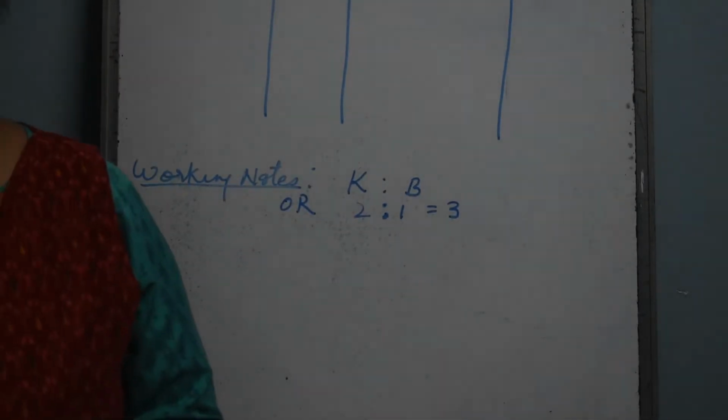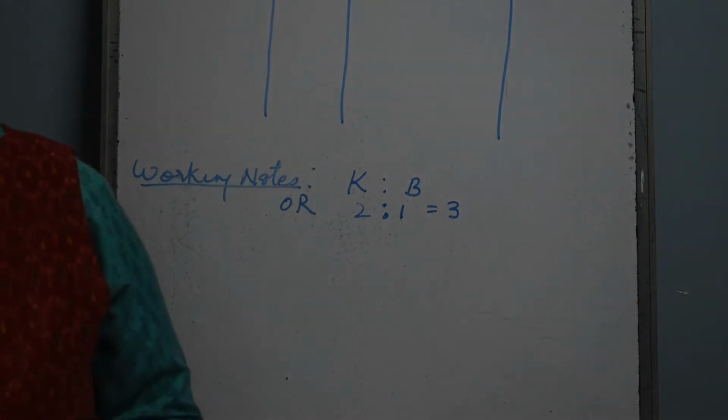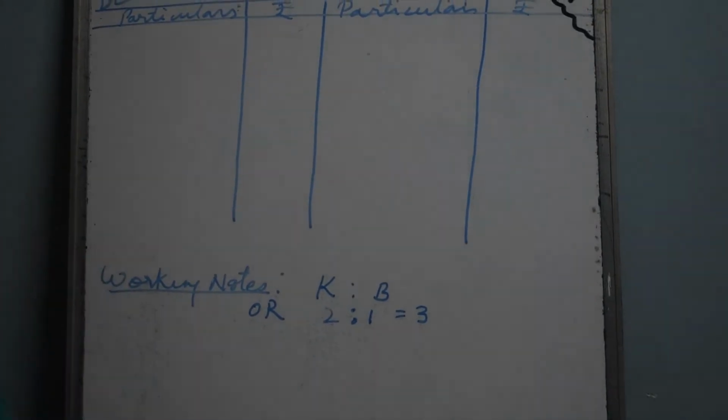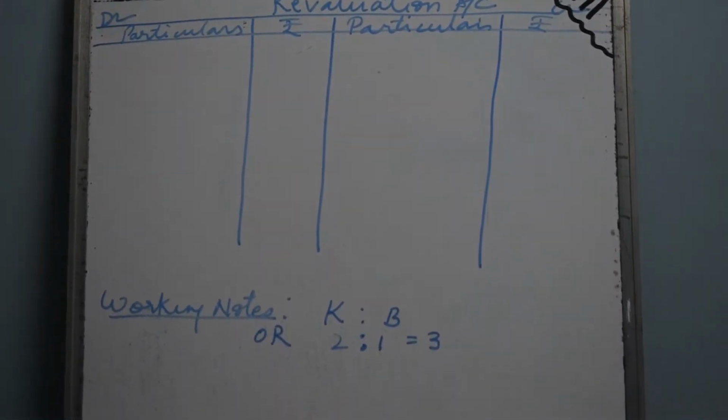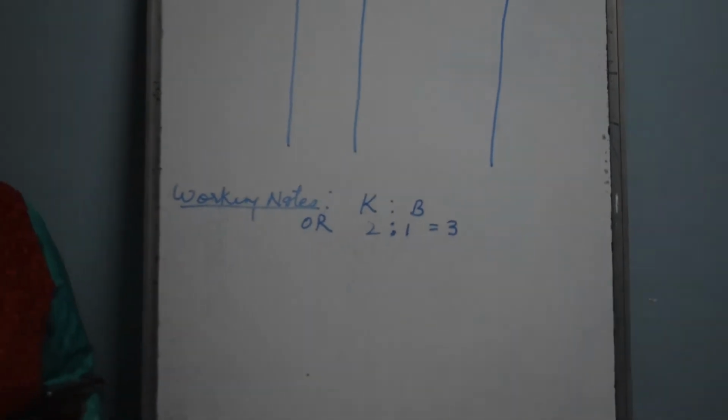Now while solving our revaluation account, which I have already drawn on the whiteboard, you have to always see the adjustments. The first adjustment: the new partner's name is Ram, admitted for a 1/4 share. The adjustments relating to capital and goodwill will not come in the revaluation account. They will always come in the partners' capital account and balance sheet. So you have to go to the adjustments relating to assets and liabilities, which will come in the revaluation account. The stock to be revalued at rupees 13,000 and furniture to be depreciated by 5%.